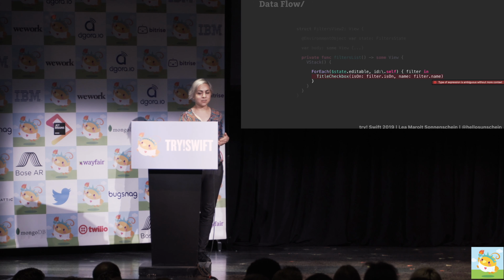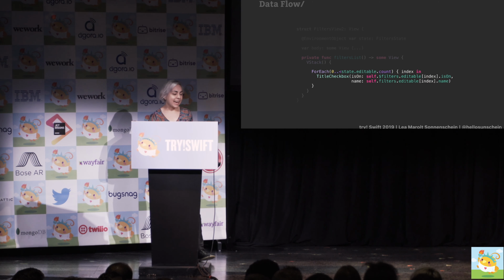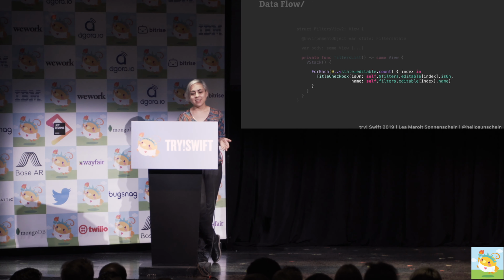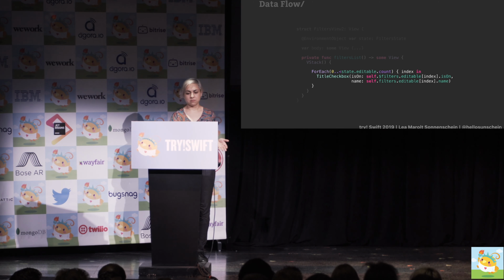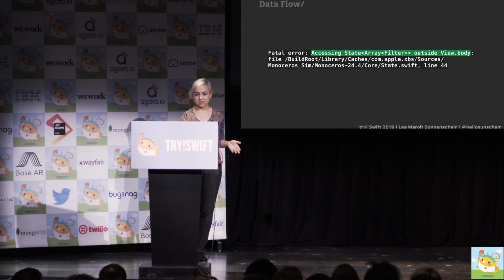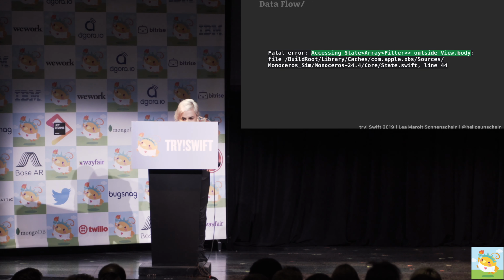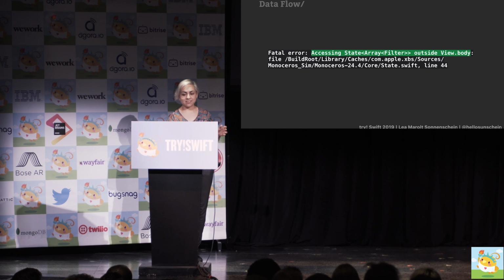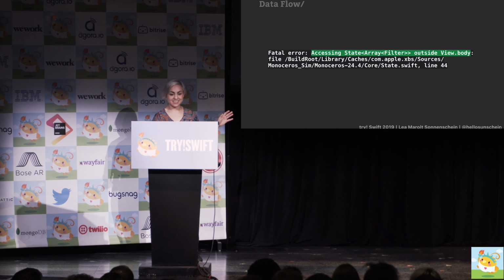But that still doesn't work for our for each struct, though. Since we can index into bindable array members, though, we can just change the for each to its enumerated version. That makes the compiler happy, and we can run our code. But in beta 4, this actually caused a crash. Accessing state outside view body. It's been OK since then, although it definitely makes me wary of using this.